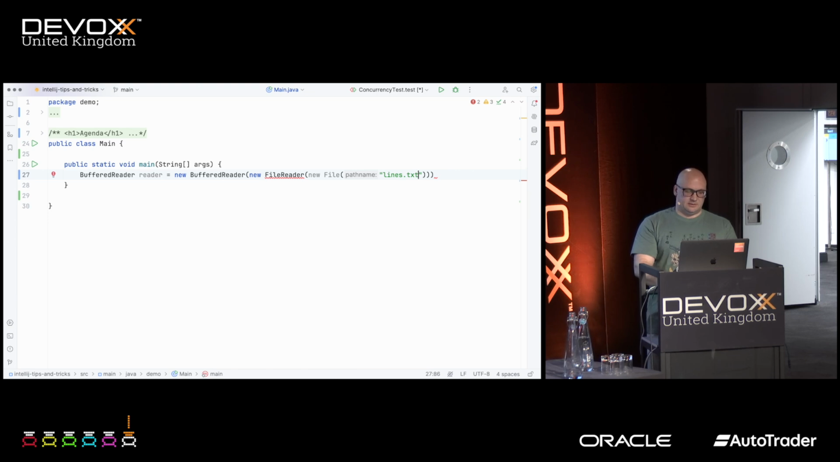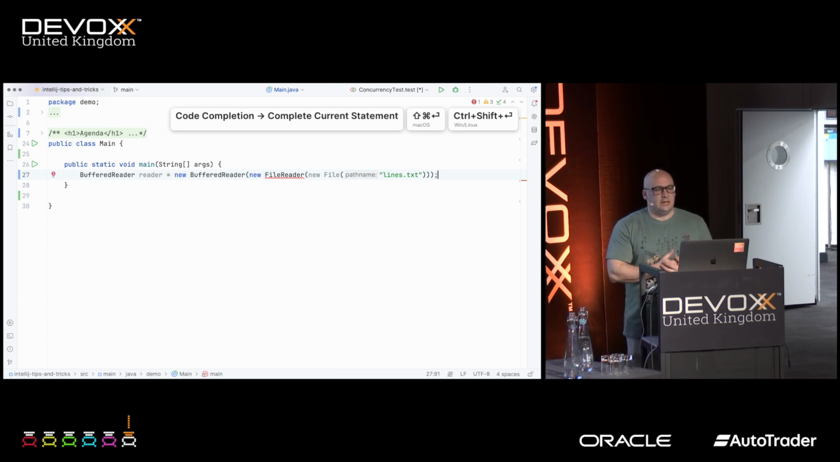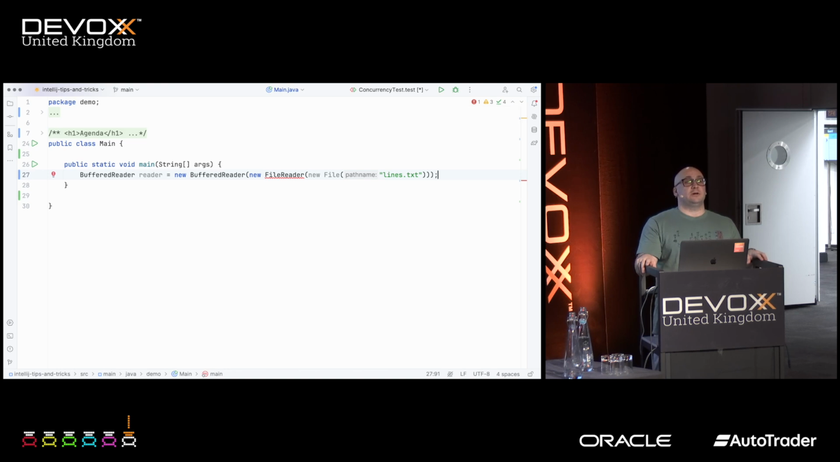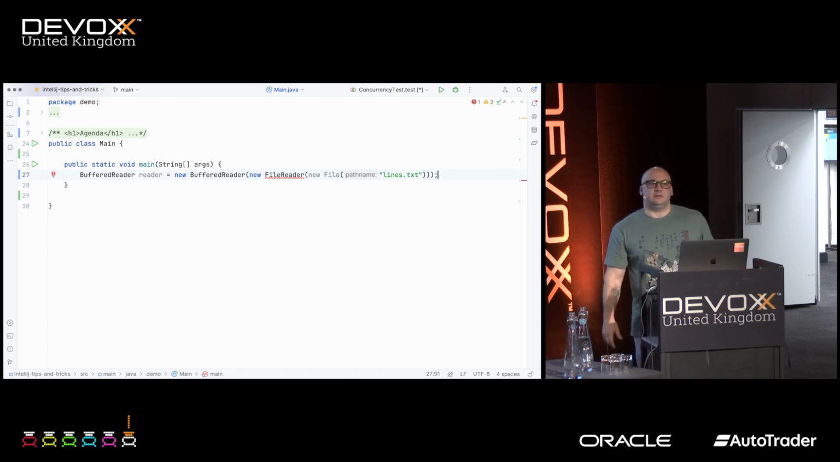Lines.txt, and what I do here, I complete the statement with a shortcut, Command Shift Enter for me, and now I have a non-compiling code. What should I do here? Any guesses? Alt Enter, right? That's a good answer, but not really correct, because to fix the error here, I need to